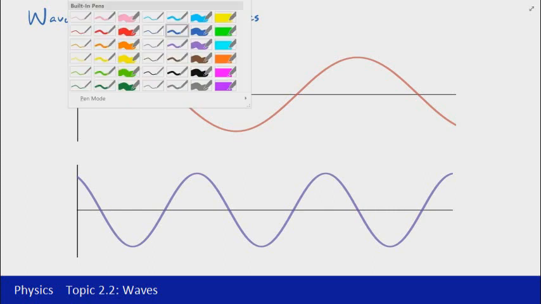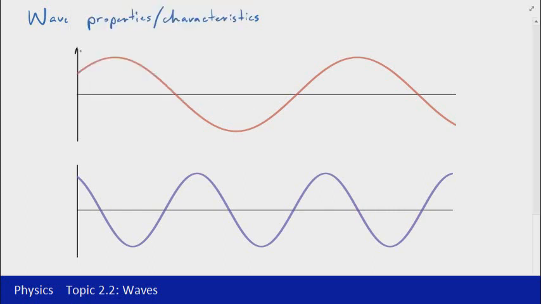Before we start though, need to just notate what these axes are. So first of all, on the horizontal axis, on the first one, we're going to have time. Now these might look like different graphs, but they actually do represent the same motion of a particular wave. And so in this case, on the vertical axis, we've got the displacement of particles, or more specifically the displacement of a single particle,